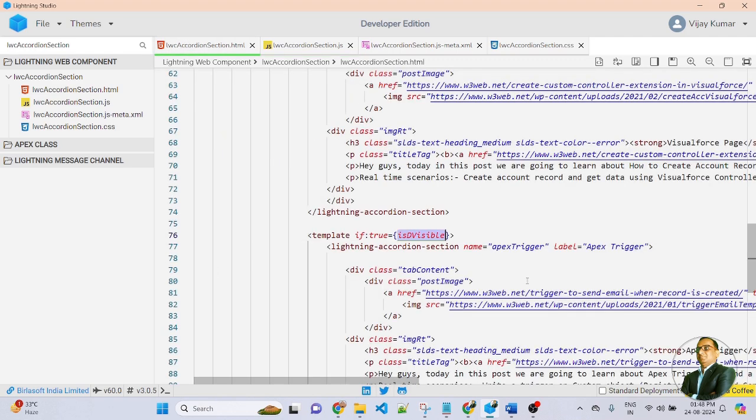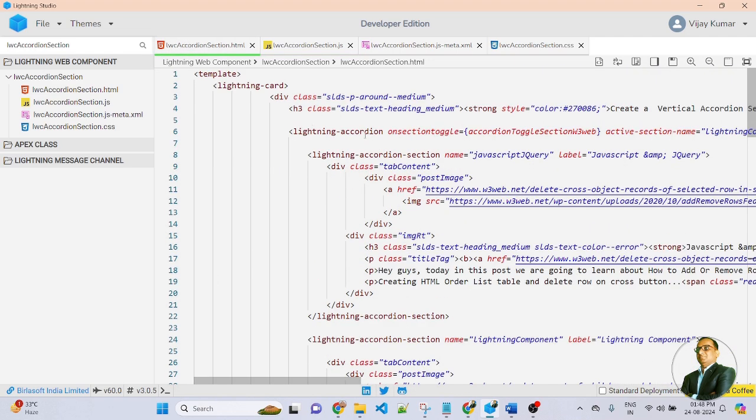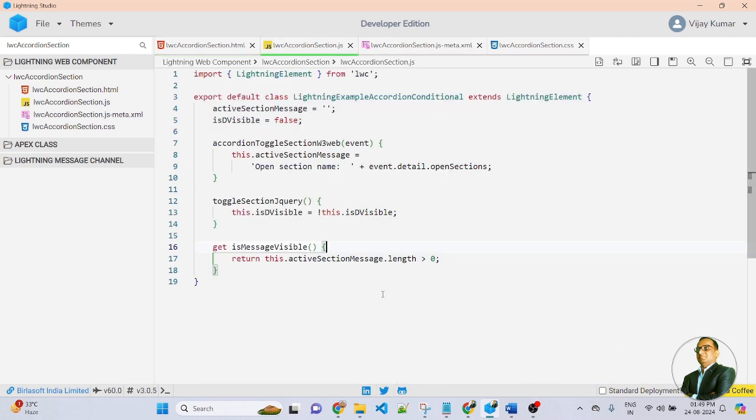Then here you can see on the top of the parent lightning-accordion, I am passing the event onsectiontoggle. This is the function name, accordionToggleSection handler. I created this function here. Inside the function, this is a variable. First I am passing this variable blank. Here I am storing the value. So friends, I am storing the open section name with a single quote plus event.detail.openSections.